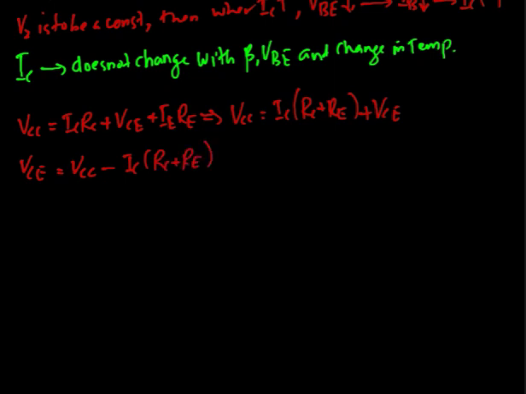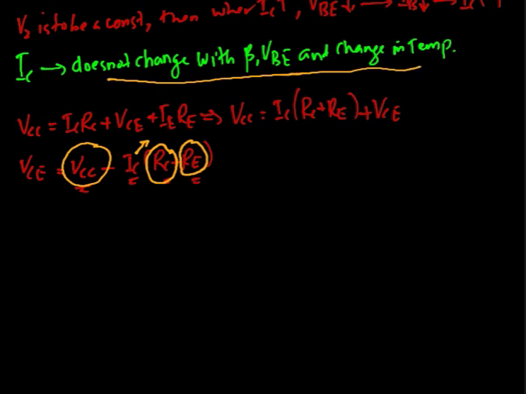Now from this equation, in order to have a variation in VCE, either VCC or IC or RC or RE has to change. But we know that for a particular circuit, this VCC is fixed, so VCC does not change at all, and RC is also a given resistance to the collector, and RE is the given resistance to the emitter. They will not change. Then the possibility is the variations in IC, but we have seen that this IC does not change with the transistor parameters and the temperature changes.